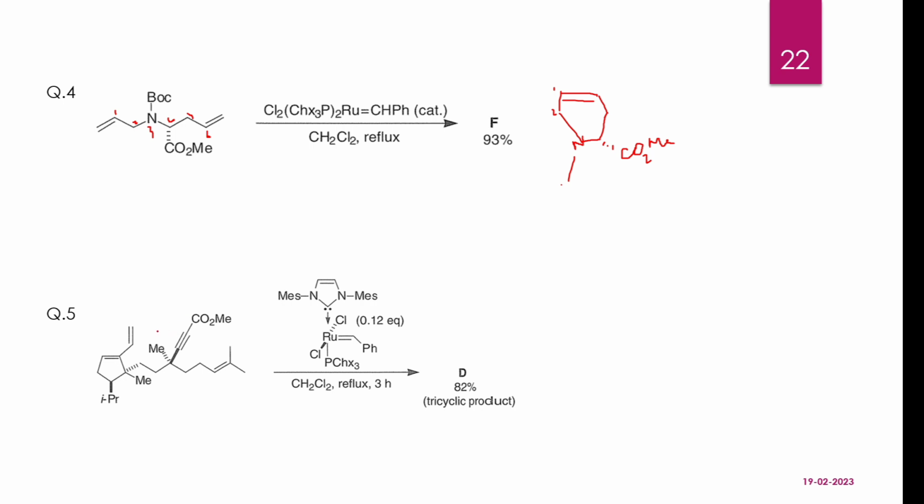So again, it will react with the alkene. In a system with alkene and alkyne, in most cases the alkene reacts faster. Alkene reacts faster than the alkyne. So first this alkene will react, and then there will be an alkene metal type of complex, and this will add to this triple bond, generating a double bond. So let's write the